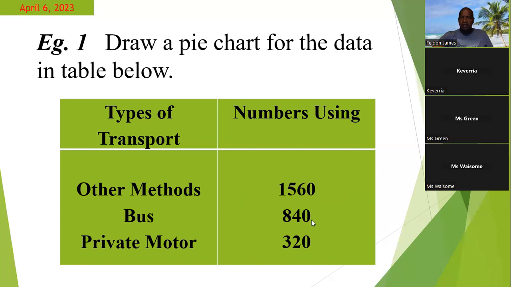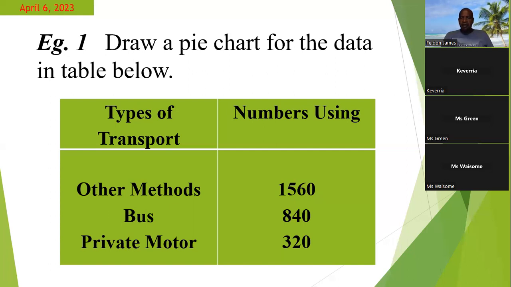For bus, you would have 840. For private motor, you'd have 330. Now, these would be data collected in terms of transportation, but now it is sorted in terms of different categories of transportation, which is other methods, bus and